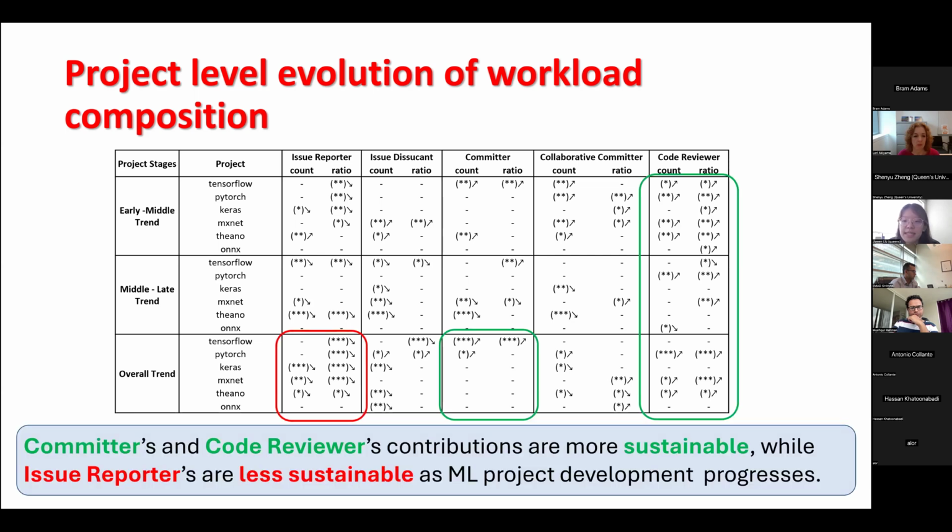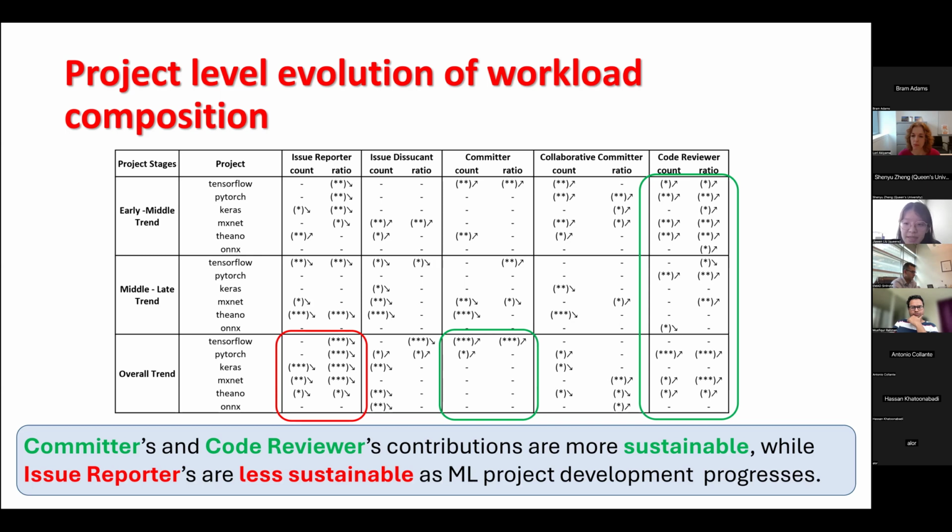We find that committers and code reviewers are more sustainable roles as the project development progresses. As you can see in this middle green box, both the number of committers and its ratio are showing either an increasing trend or remaining unchanged in the overall trend for all projects. For code reviewers in the long green box, you see that all projects have increasing code reviewers, both in their early to middle stages and their entire project lifespan. It's 3 out of 6 projects increasing, others remain unchanged. So they're kind of more sustainable than other